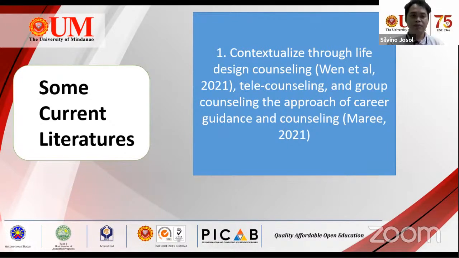And even if we move back to face-to-face counseling, we still have to integrate telecounseling methodologies and career group guidance and group counseling,